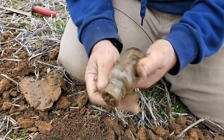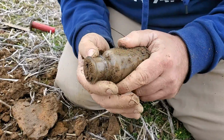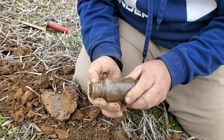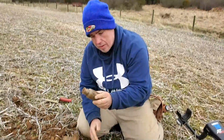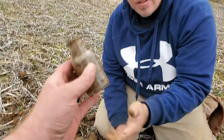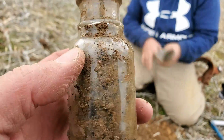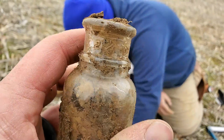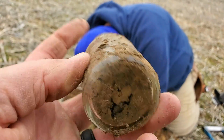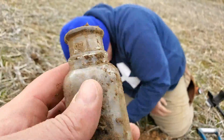It's got a date. How far does the seam go up? It's going all the way right to the neck, right there. Okay. It's embossed, but it says 2.5 ounces. Where? Oh, on the neck. 2.5 ounces of what? Whatever was in it. Well, the bottle's not as old as we were hoping it was going to be, but...